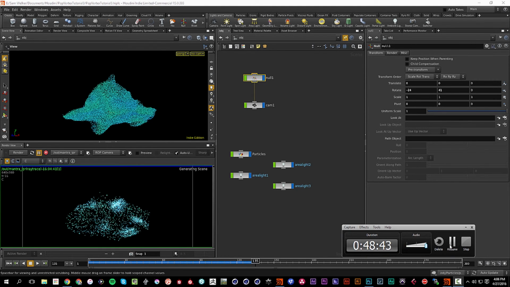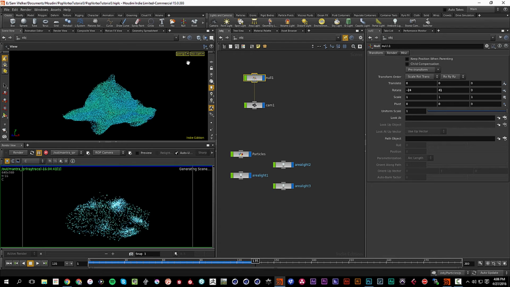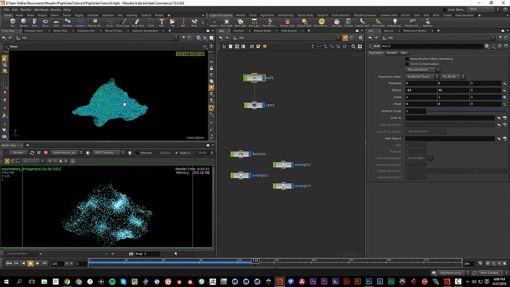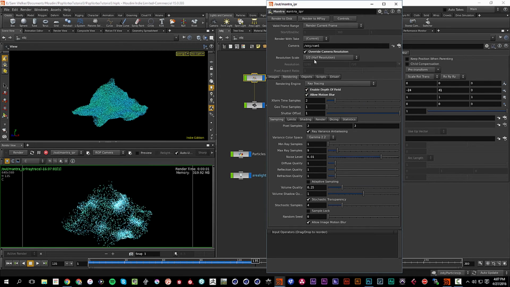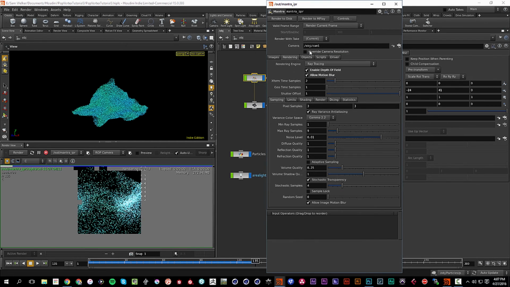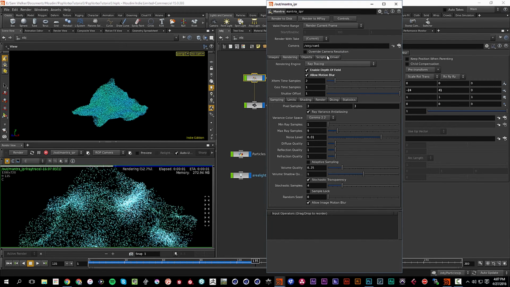Alright, so I've dropped out of the camera, and you can see that the particles are starting to move in their direction, and the curl is affecting them. So if we just hit render, we'll go ahead and let the particles form, and I'm actually going to just set the resolution to just be the native camera resolution,